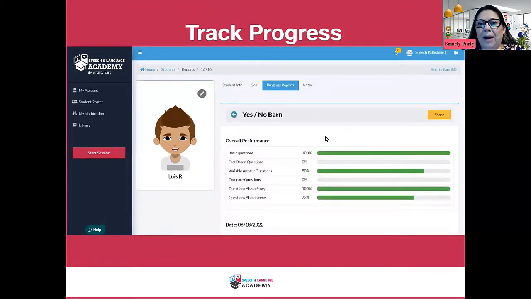The last great thing about it is that it tracks progress for you. It's like Speech and Language Academy is like Boom Cards on steroids, right? It tracks for you, but it tracks everything you're looking for. This is one of the key things for all you monolinguals out there. When you're able to put the game in the language that your client speaks best, the backend is still taking data on whether it's right or wrong, and you'll be able to come in and read it in English and see how they're doing.